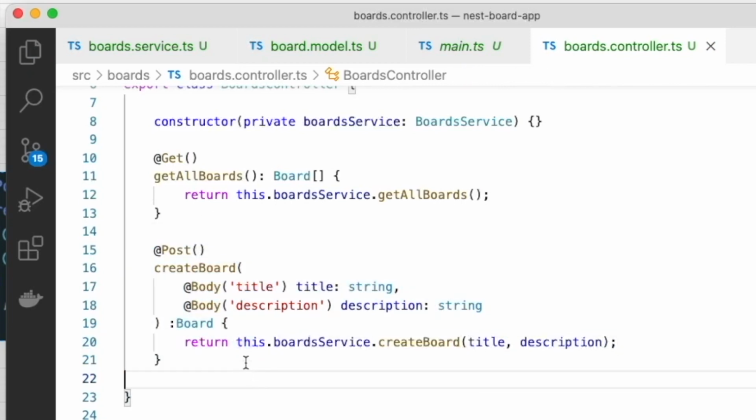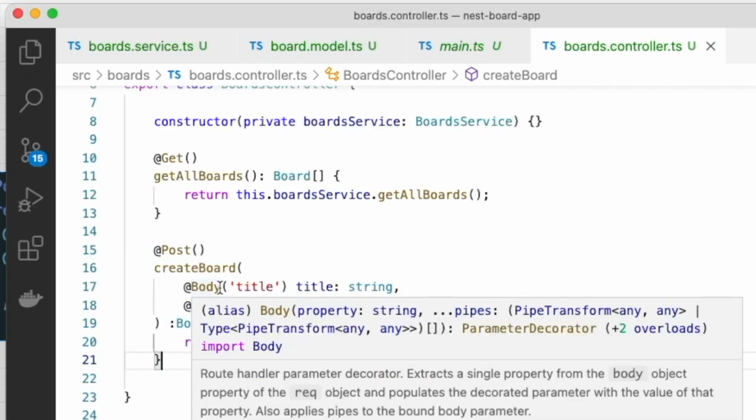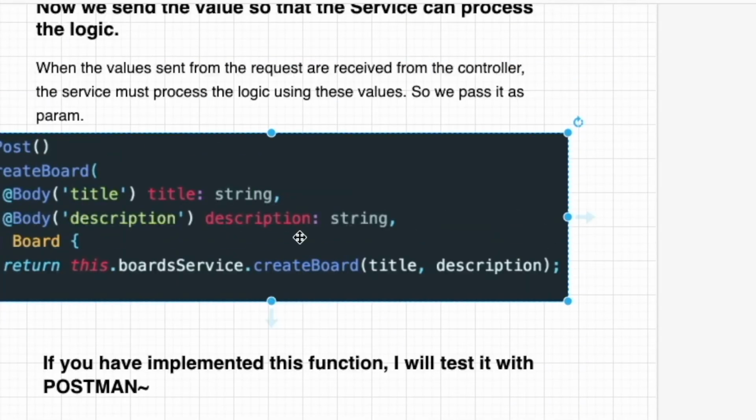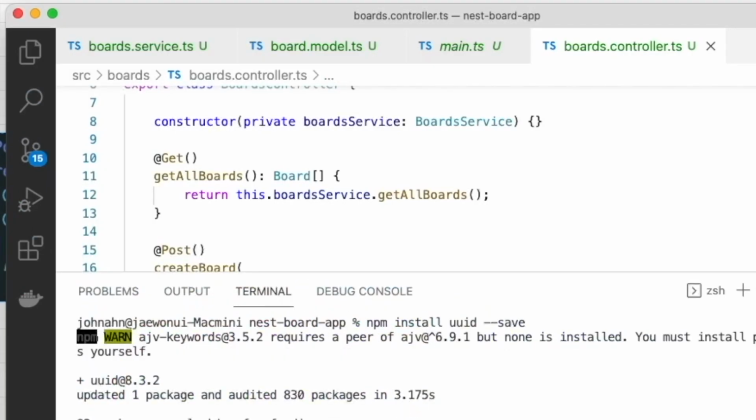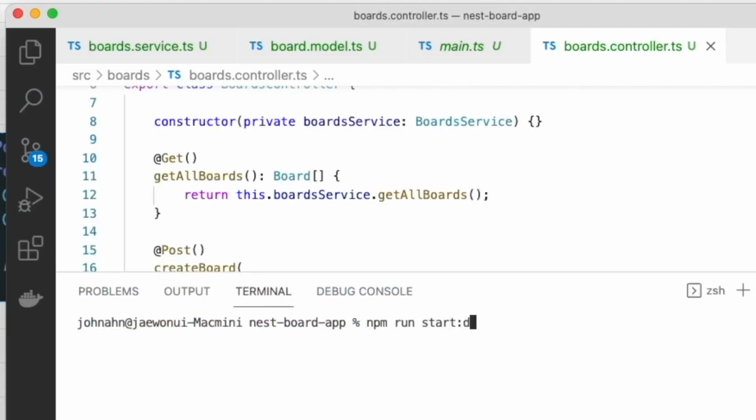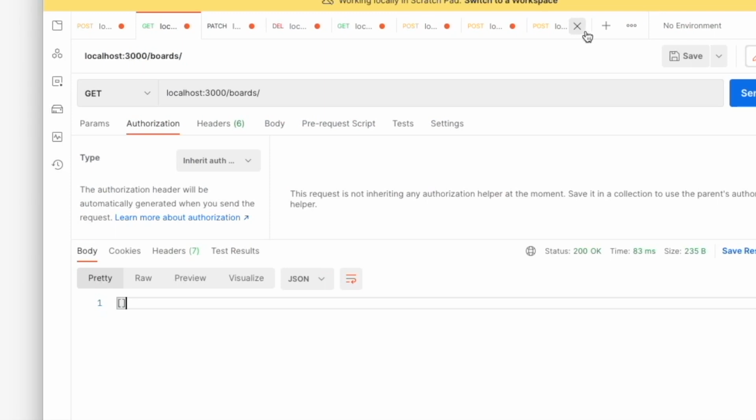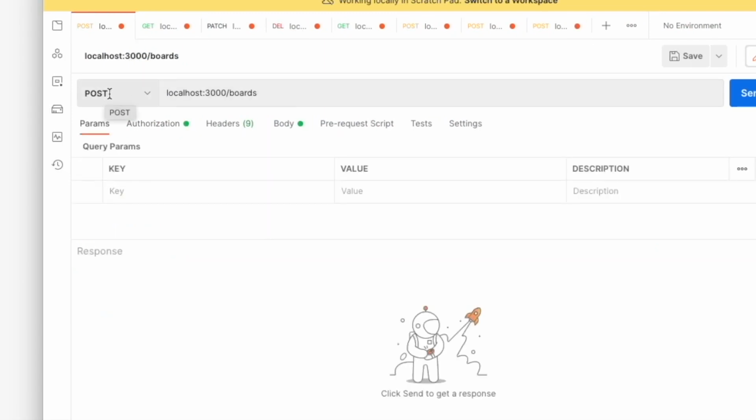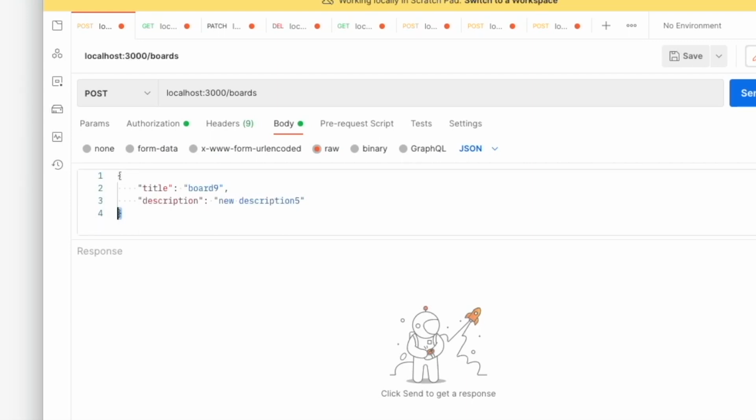So now we finished making this board creation function. Now we can actually test this function with Postman. So first we are going to run our application, npm run start:dev, and then turn on the Postman, and we come in here, post HTTP request, and then path will be localhost:3000 and then boards, and inside its body, okay, I'm going to give the title, and then title will be board